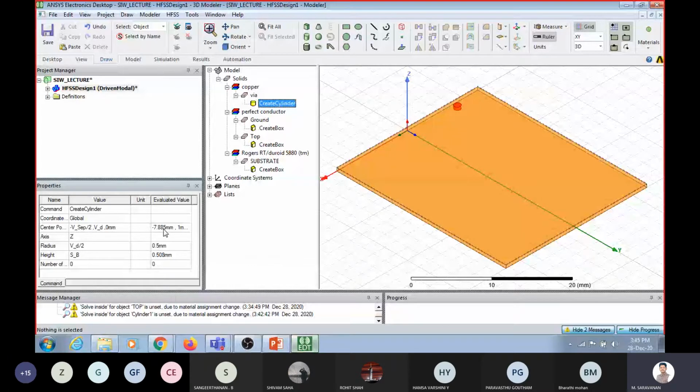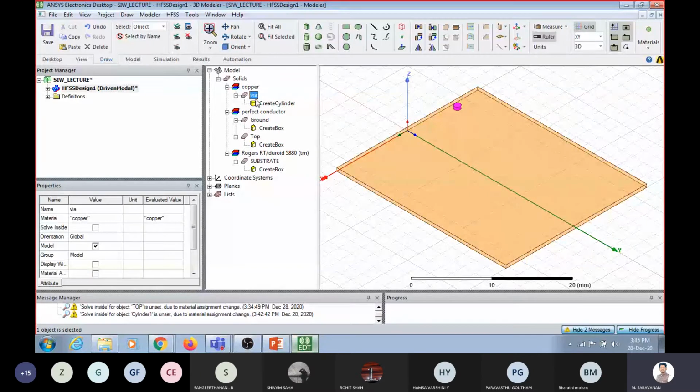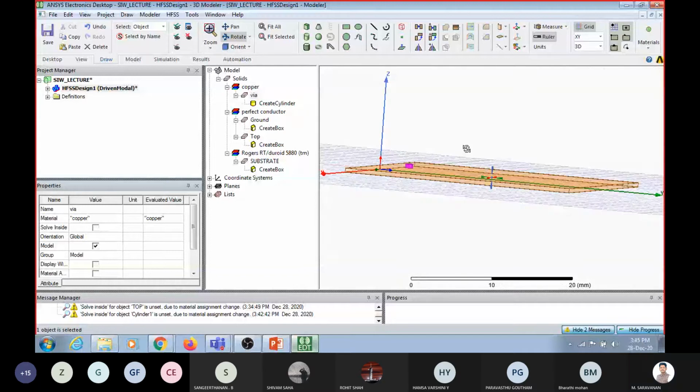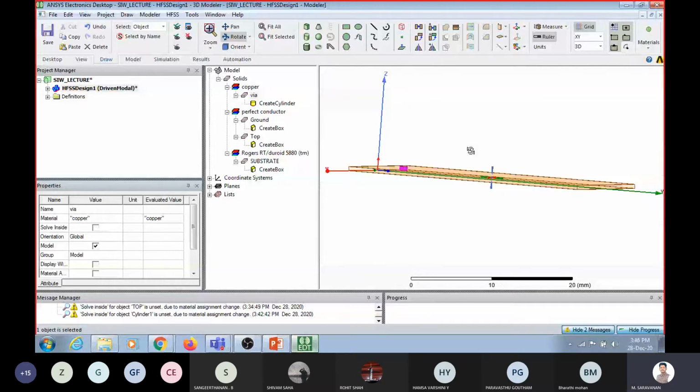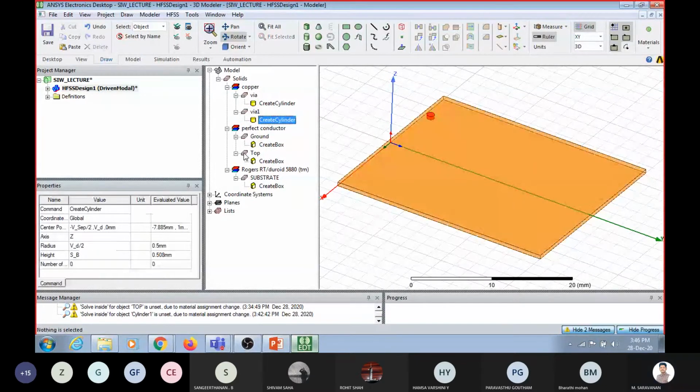It will come. Now similarly, I need the via in the bottom also. So copy it. Once again, I will check whether it is at the top. Okay, via is inside the substrate only, no problem. Copy the via, paste this one.